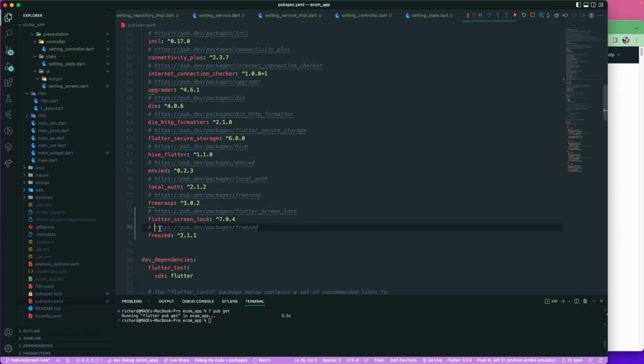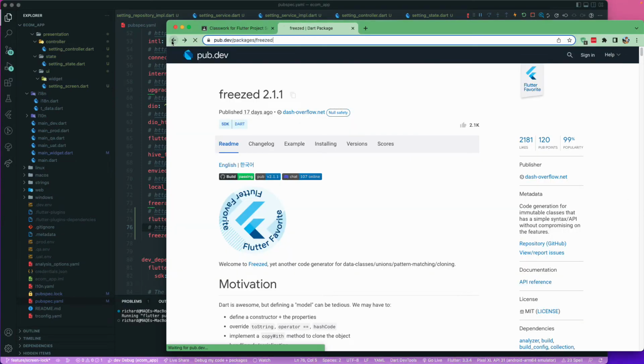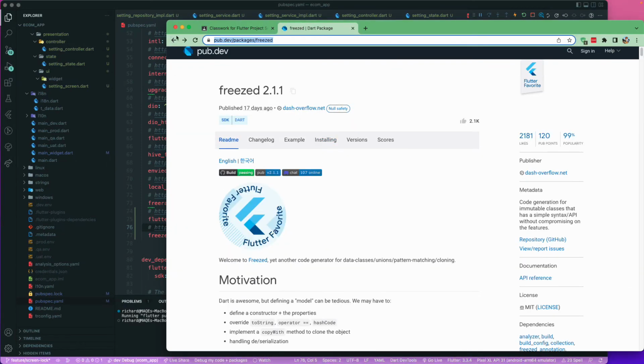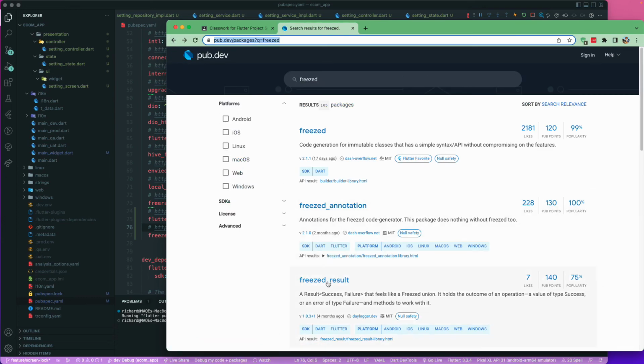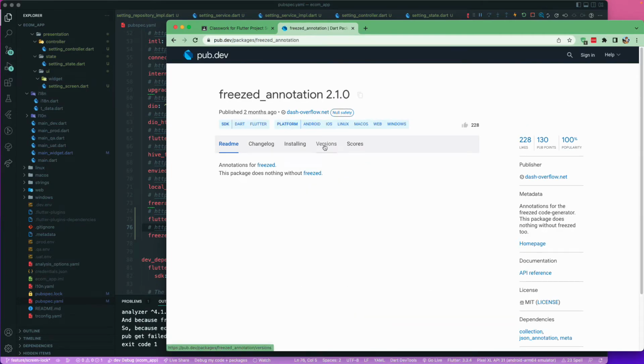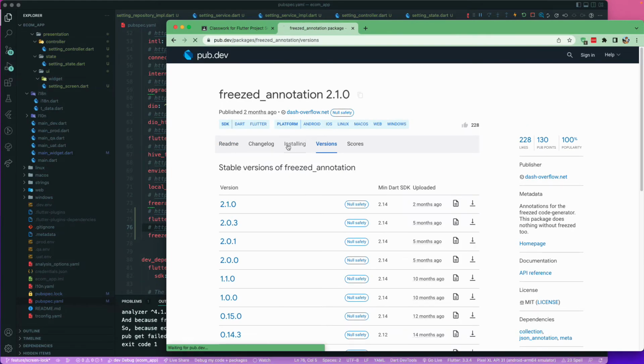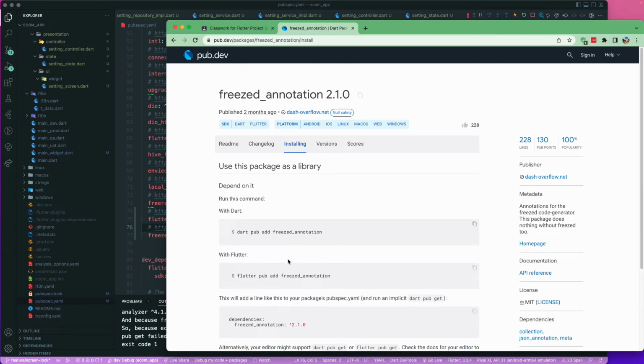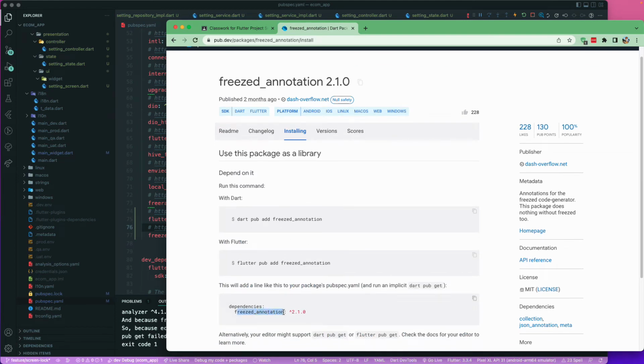And also we will need the annotation, so let's go over here, and this is the annotation. So the annotation for the freezed code generator, since this package does nothing by itself. Freezed is a code generator, right? So we will need an annotation for this one to work correctly. So let's go to the installation and add this annotation. Just copy this one